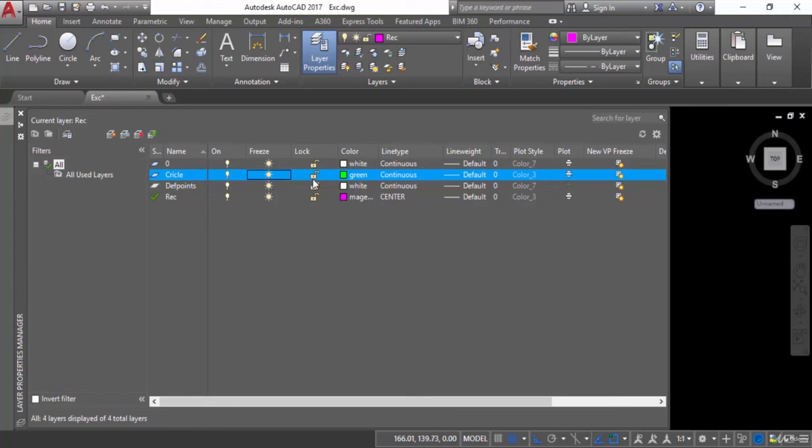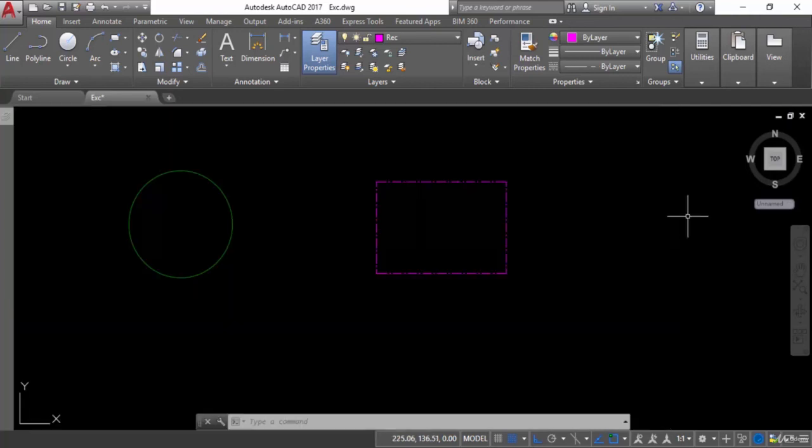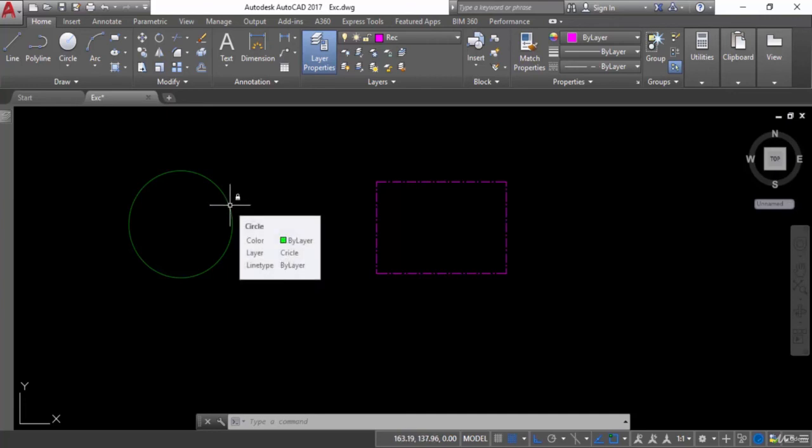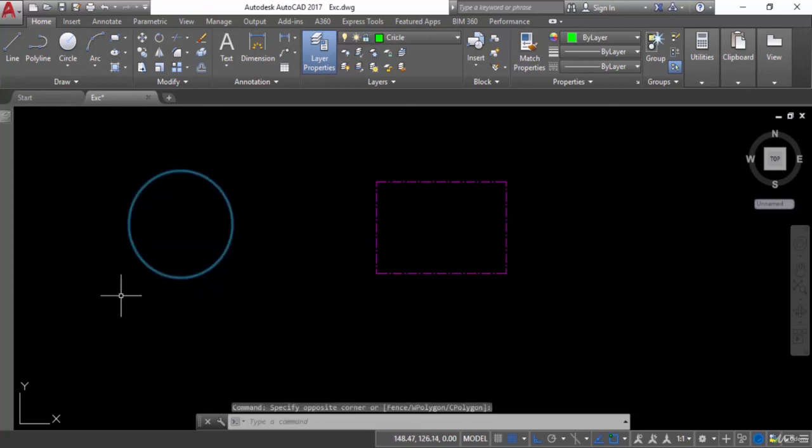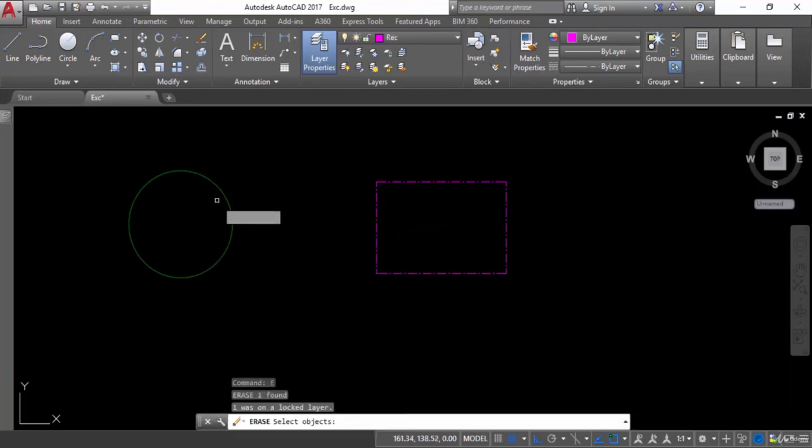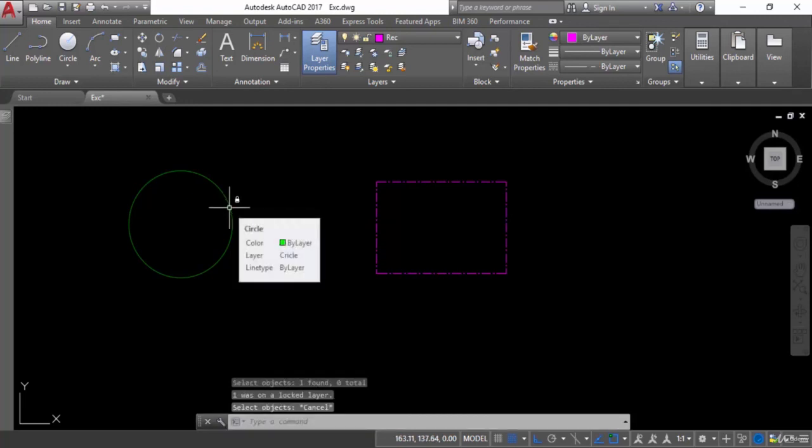And if you want to lock the layer, you can lock it from here. For example, I want to lock this one, so I will lock it from here. I will click this one and go again to the object that I have locked. So this is locked. You can see when I move my crosshair around this object, the lock icon comes in front of me. Now when I want to delete this one, I will select it, press E, and hit enter. Now this object is not going to be deleted. So if you lock the object, after locking, that object will not be deleted.